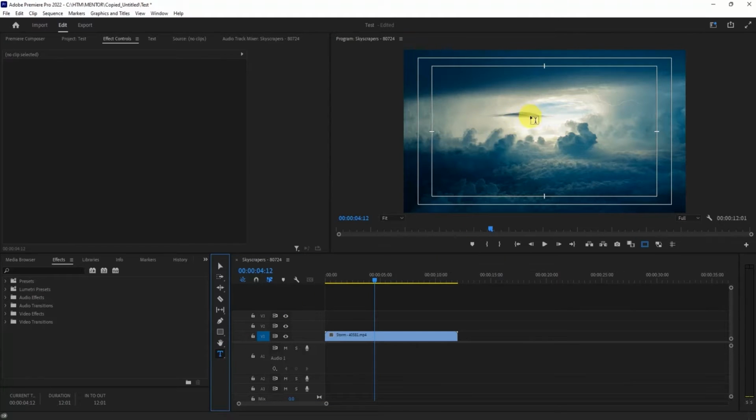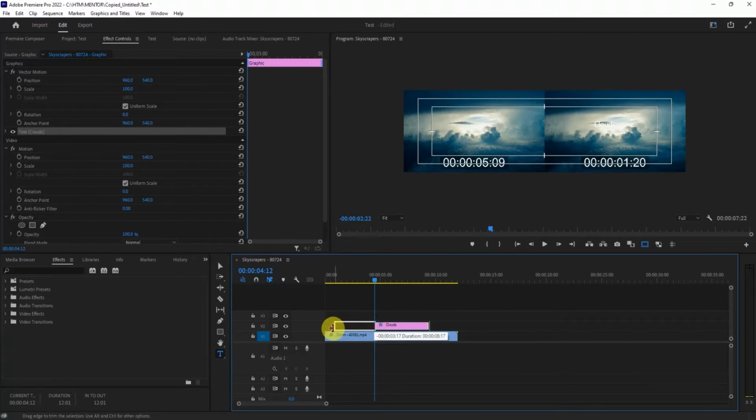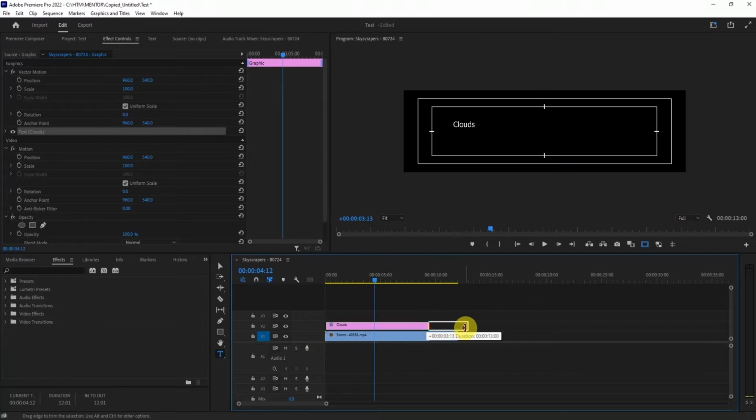Now go onto the screen and simply click, and then you can write anything you want. Let's say clouds. If you will notice, the moment you click on the screen, a pink colored new layer has appeared on your timeline. This layer is the text layer. You can stretch this out to the very duration of the video,